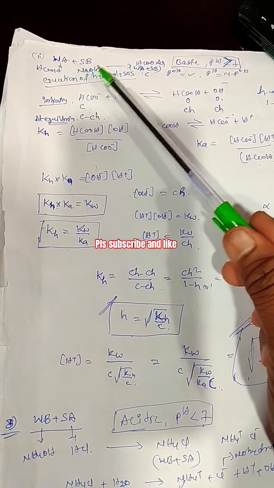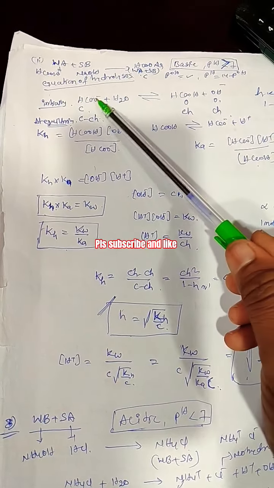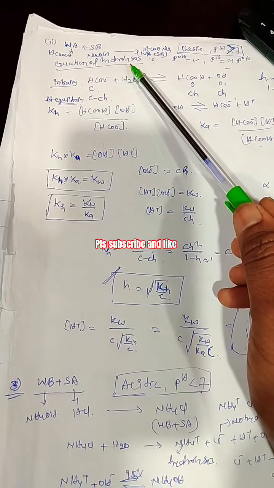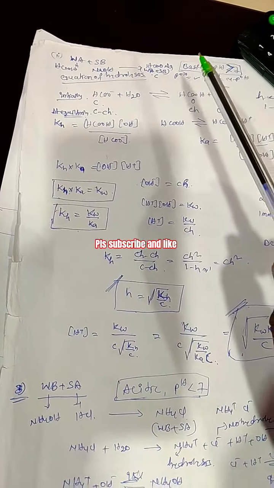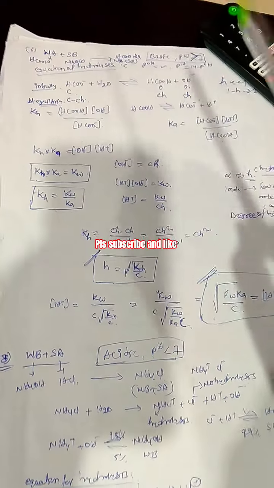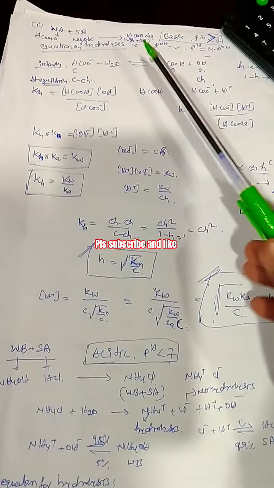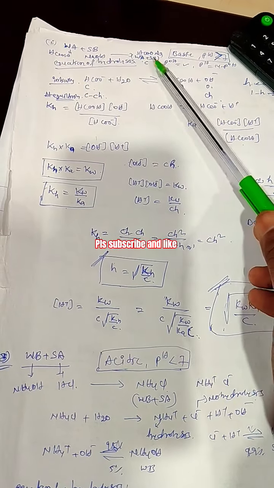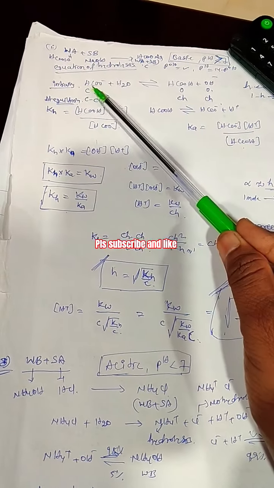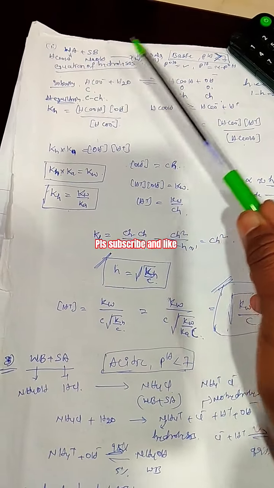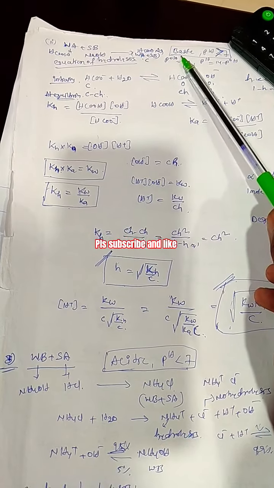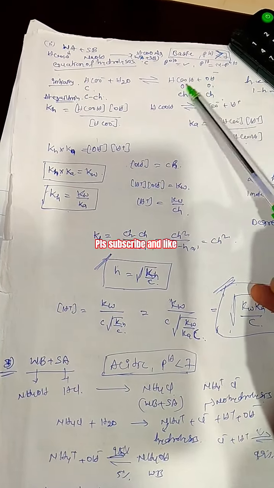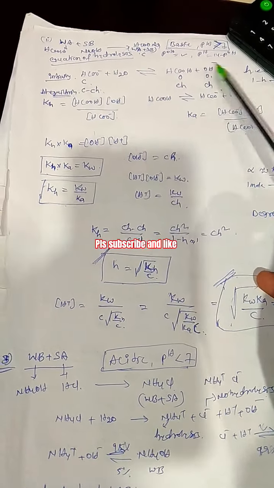After that, in the hydrolysis of a weak acid and strong base, which one undergoes hydrolysis? Only the weak one. In salt hydrolysis, whichever you take, only the weak one will hydrolyze. For example, formic acid plus sodium hydroxide forms sodium formate. In this, only the formate ion will undergo hydrolysis. Na plus does not undergo hydrolysis. The formate ion undergoes hydrolysis and forms HCOOH, formic acid, plus OH minus.